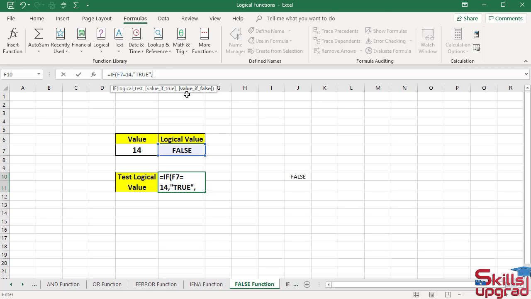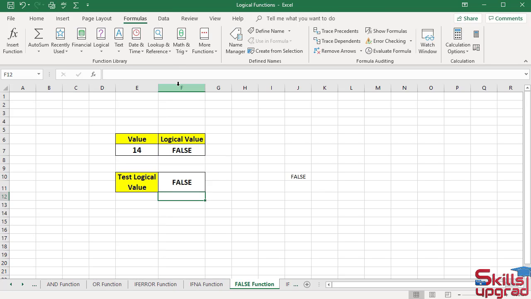Type false in the value if false argument. Enter quote mark. Type false. Again enter quote mark. Close bracket. If this cell has the value 14, then the function will return the logical value true. Otherwise, it will return the logical value false. Press enter. The IF function returns false because this cell has the value 13,